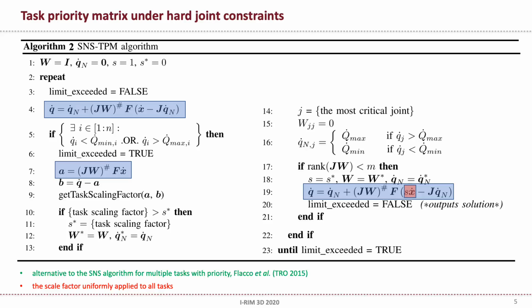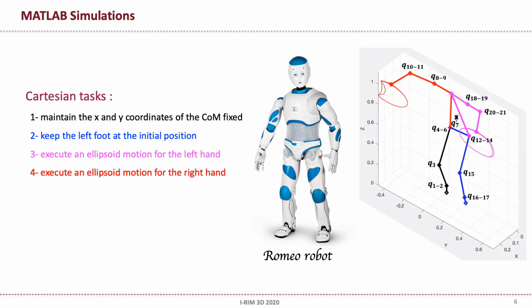Our proposed solution can be seen as an alternative to the SNS algorithm for multiple tasks with priority. When using the latter, however, the scaling factor is applied on each task separately and by the least amount. When no joint limit is exceeded, namely W equals identity, the solution returned by algorithm 2 is exactly the same as the TBM method. A comparison between the original TBM and the proposed SNS TBM algorithm is done through MATLAB simulations,